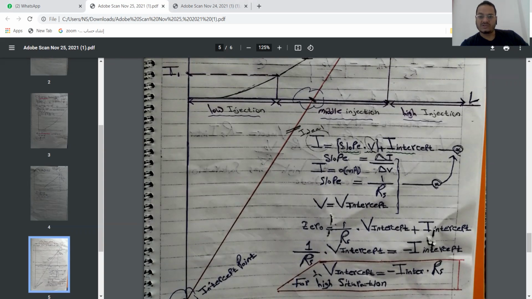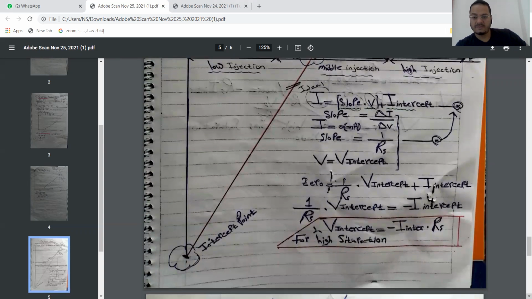Here I equals 0 at ideal diode, slope equals 1 divided by series resistance, and V equals V intercept will be like that. Now V intercept equals minus I intercept times Rs